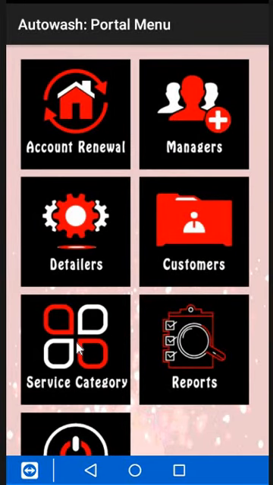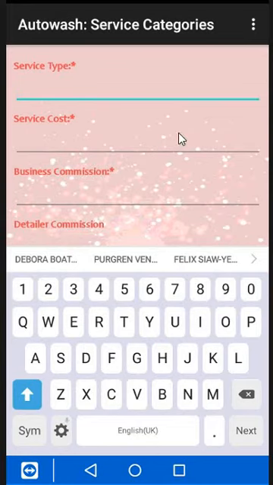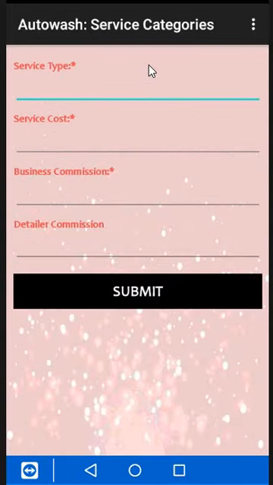Now, what are the services that you offer at your washing bay? Do you get it? So to capture all the services that you offer over there, we click on the service categories. When you click on the service categories, we have these forms to fill. We have the service type, service cost, business commission, and detailer commission. In every washing bay, the service rendered between the business and the detailers, the car washers,